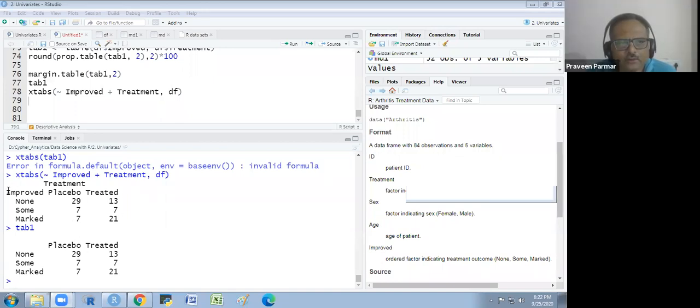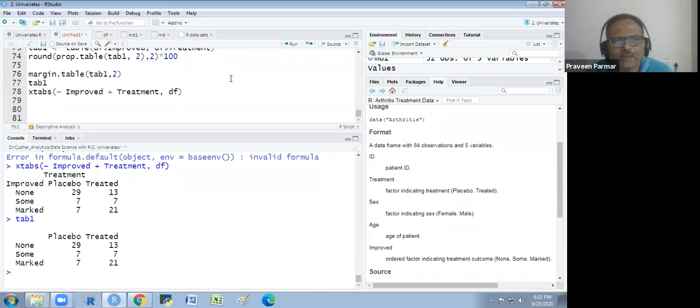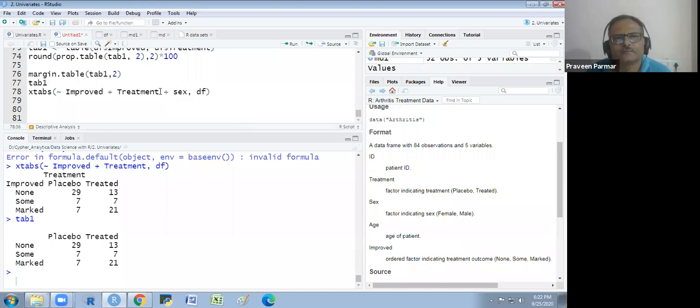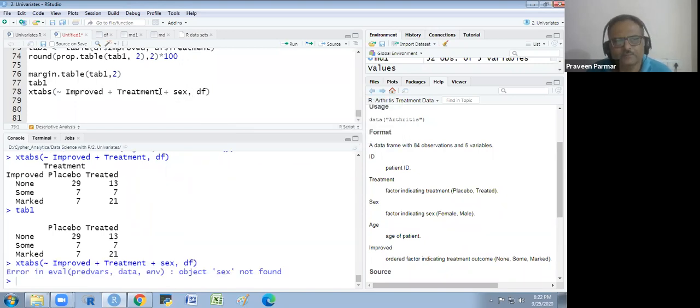So there is a column name there. And if we use three variables here, I'm taking sex also, and I run this.